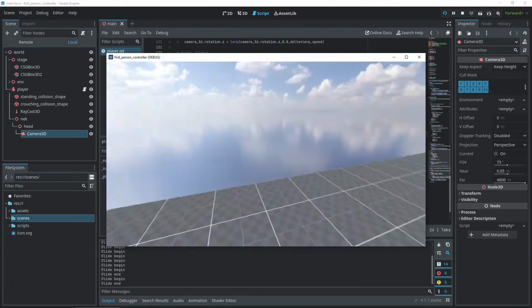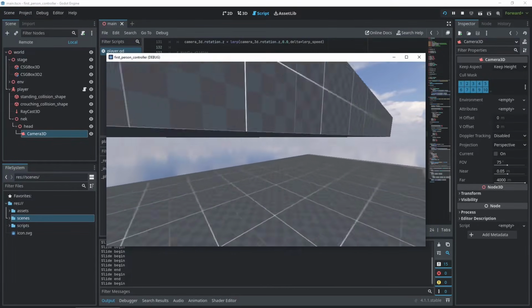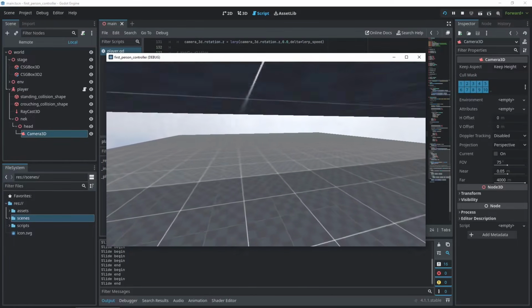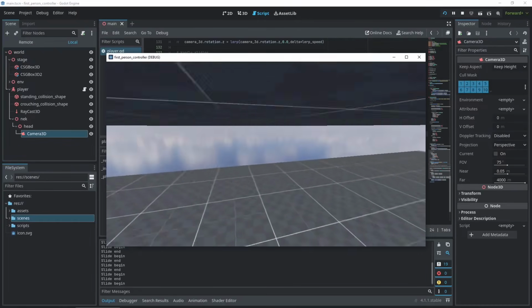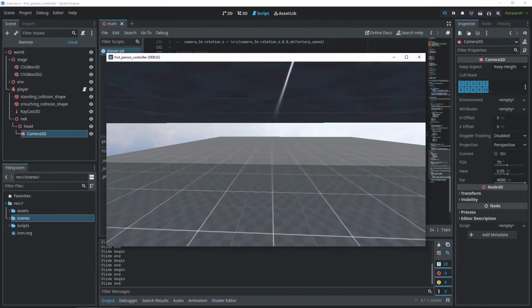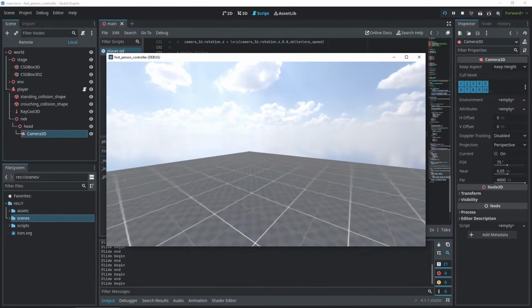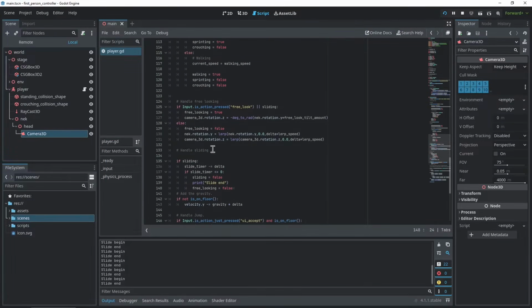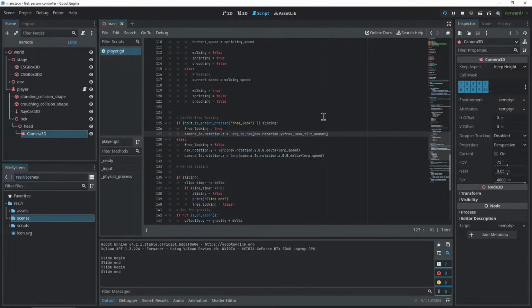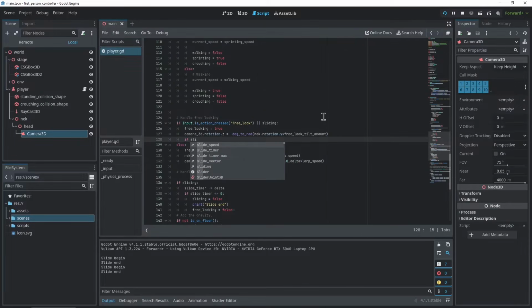So that's sliding almost done. There's one more quality feature I'd like to add, and that's when you slide, you tilt your head to the side a little bit. And as you know, we already have some functionality for this in free look, right there. So we just go into our free looking logic, where we're rotating our head, right there. So in here we'll just detect if we're sliding,